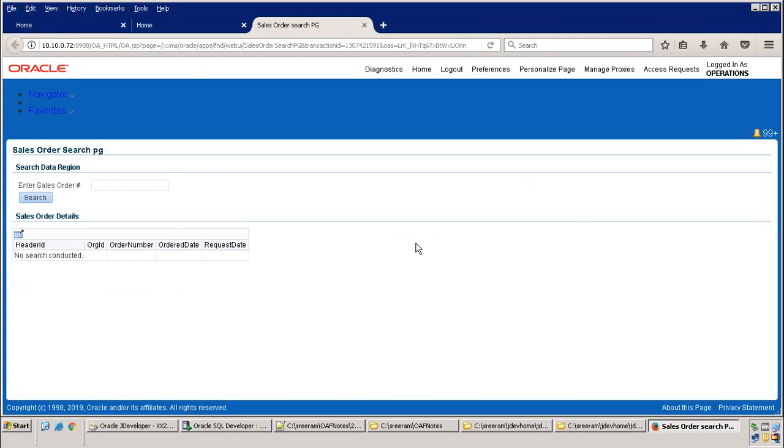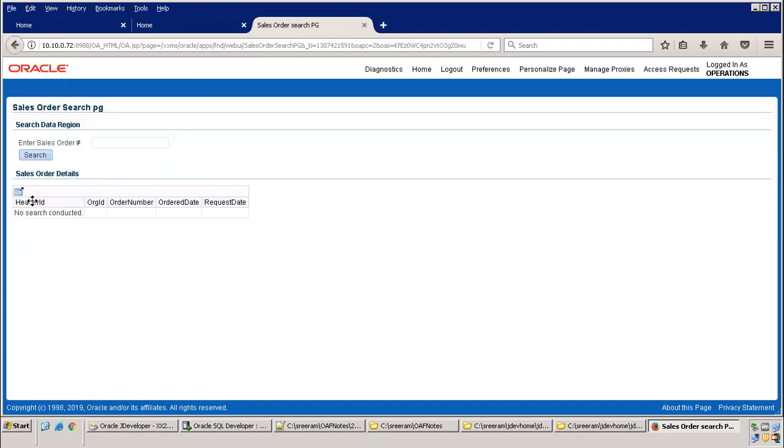Now it displays the search region and the sales order region, right? Obviously, "no search connected" will be displayed whenever your VO is not executed. Even if you click on the search button, nothing will work, and it still displays "no search connected" only. Now we have to validate our search button, get the content and pass